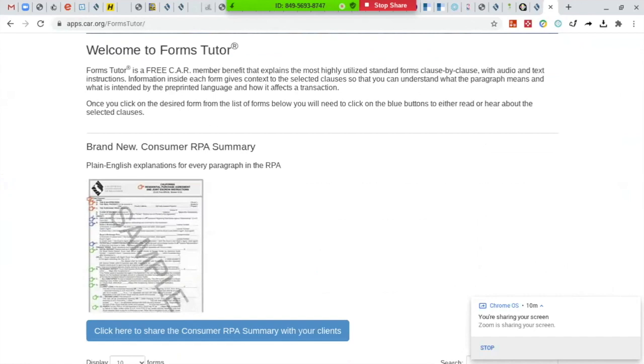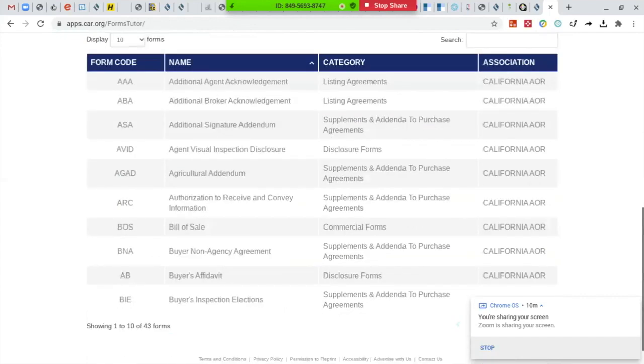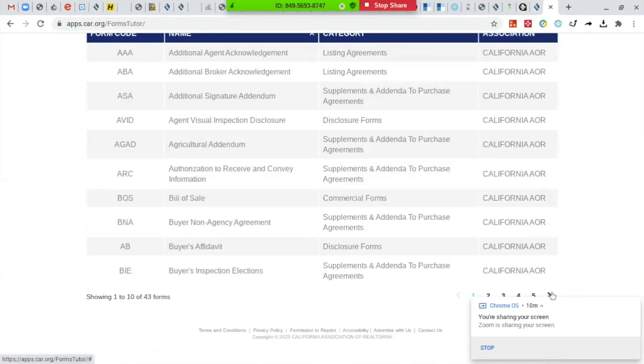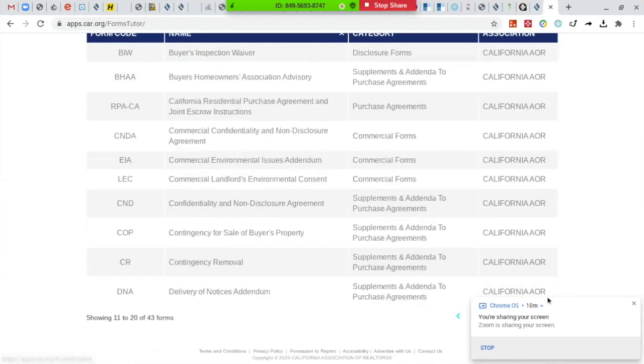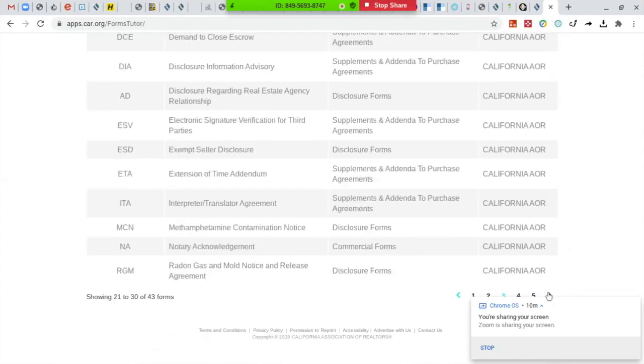It's again a free benefit that helps you explain and use the most utilized standard forms with audio and text instructions. Right? So if you don't have someone to explain the forms to you and what they mean, let's say this is your first transaction ever or your first transaction within the last 5 to 10 years, 2 years, 3 years, whatever your current business situation is, all of these forms, some of these I've never used personally myself, like the delivery of notices addendum, all of these forms that you may have questions about,